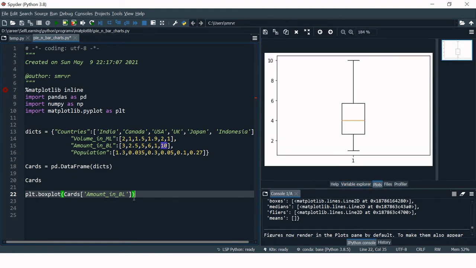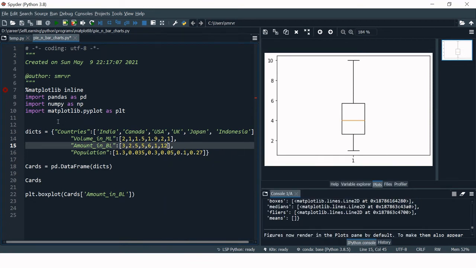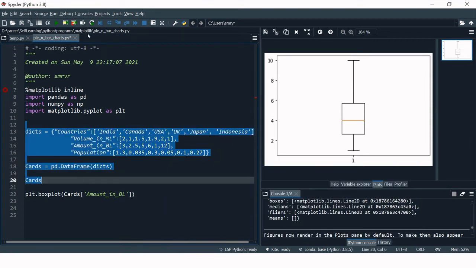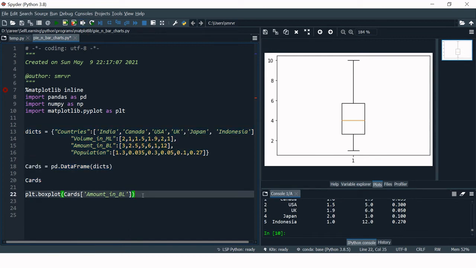So here we go. Now let's check the outlier. As of now, the data set is most likely, though it is not, but somewhat in sync. Let's increase the value of this particular amount, right? So from 10 billion, I increased it to 12 billion. Now let me just run this. Now let me run this box plot once again.